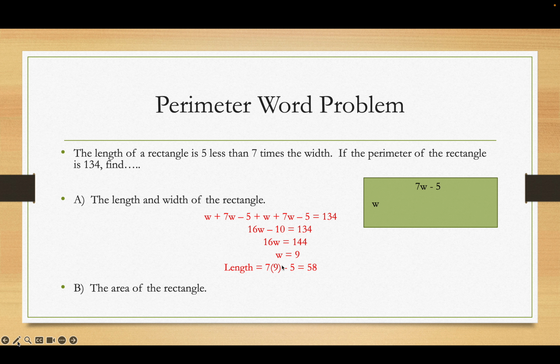So 7 times 9 is 63, minus 5 is 58. To get the area, I do length times width, which is 9 times 58, and that's 522. Okay. Now,